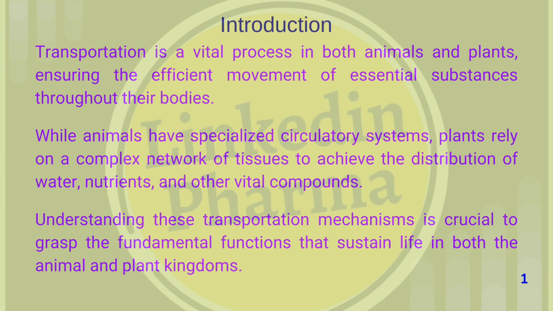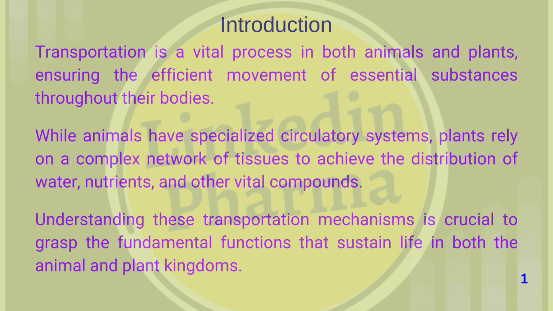Introduction to transportation in animals and plants. Transportation is a vital process in both animals and plants, ensuring the efficient movement of essential substances throughout their bodies. While animals have specialized circulatory systems, plants rely on a complex network of tissues to achieve the distribution of water, nutrients, and other vital compounds. Understanding these transportation mechanisms is crucial to grasp the fundamental functions that sustain life in both the animal and plant